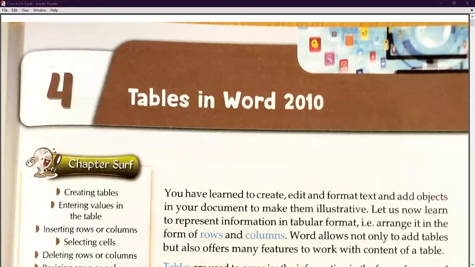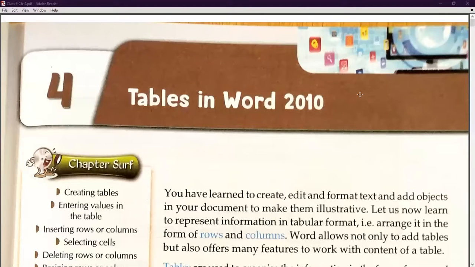Here we are in the session of computer, and now from today onwards we are going to start chapter number 4, which is about tables in Word 2010. So far we have discussed so many things in class 6 computer, and we have seen several kinds of tools, internet terminologies, what is computer, how it can be useful, and I have taught you about the flow diagram also. So now it's time to emphasize some practical work also, how you can deal with any word processing tool, any word processing software. So now we are going to start MS Word tables in Word 2010.